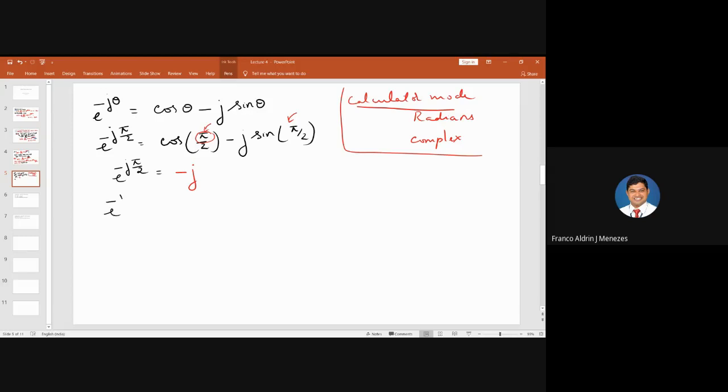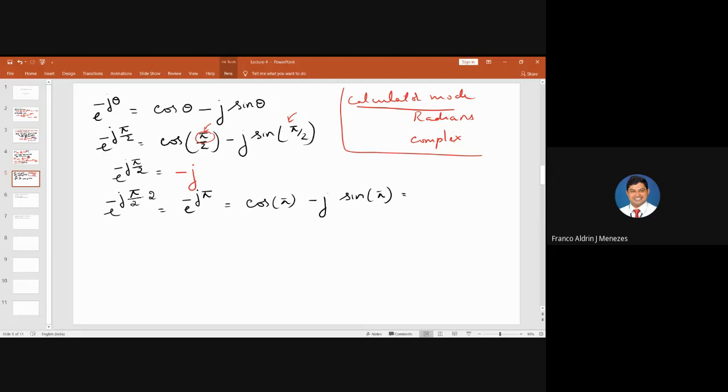So the next part is e to the power of minus j pi by 2 into 2. So we can write this as e to the power of minus j into pi, which we can write as cos of pi minus j sine of pi. So what is this value? I have cancelled the 2 and 2, so the remaining term will be e to the power of minus j pi, which is cos pi minus j sine pi.